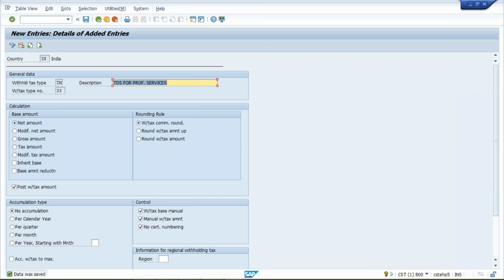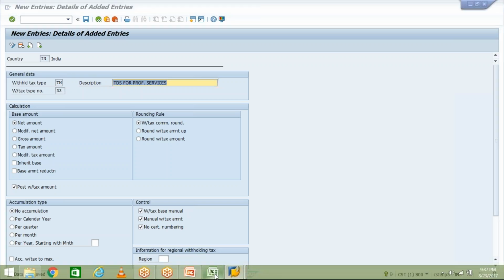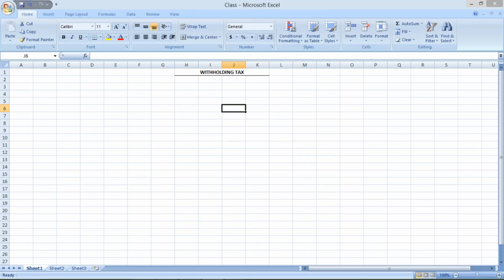Now here, generally, why are we going to define the tax type? So tax type, generally, what will happen? Tax type is going to determine the tax percentage, whatever the tax percentage we are going to charge. Let's suppose vendor has sent you an invoice of 100 rupees and 10 rupees service tax they have charged,